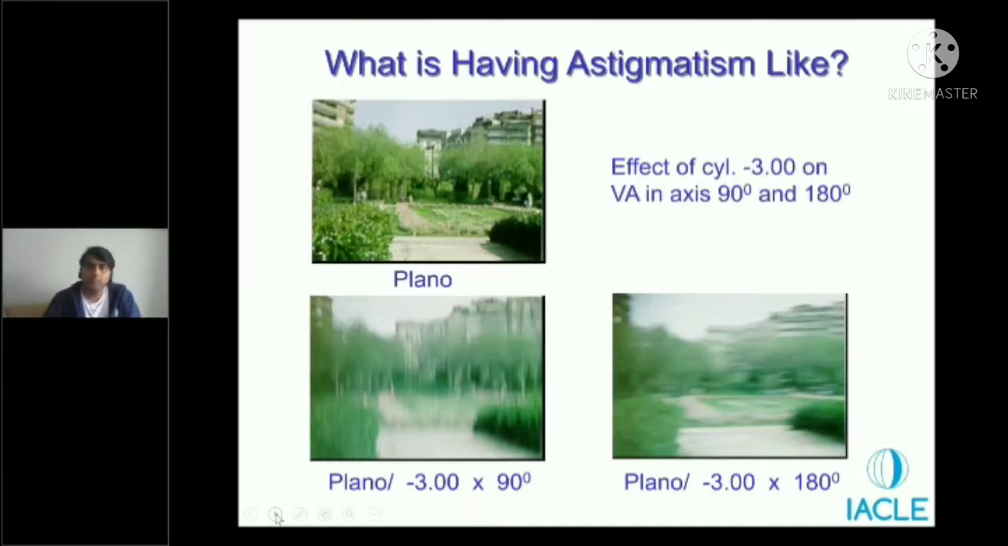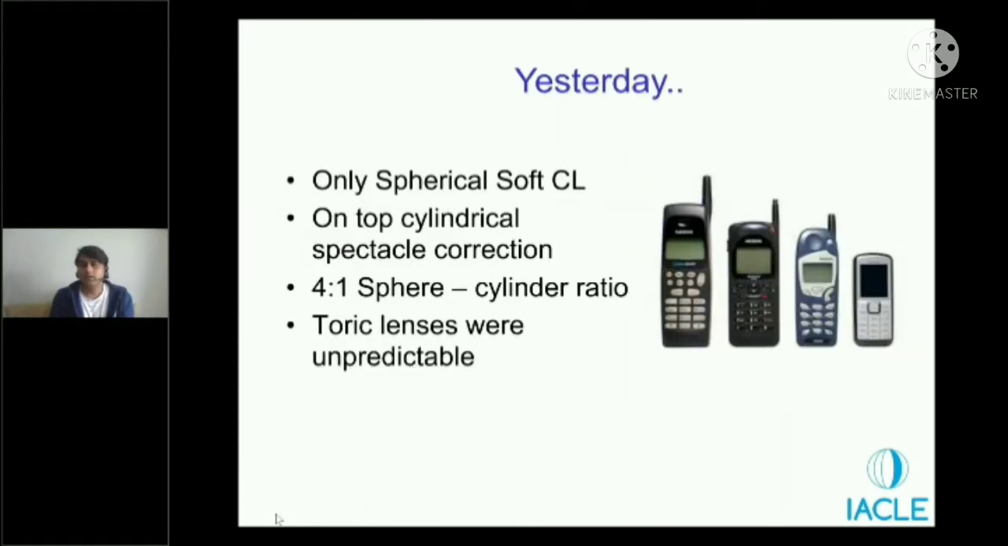So this is how the image would be in case of 3 diopters of astigmatism. Now, if you look at how people were managing astigmatic patients using contact lenses, it would be something like this. A few years ago, we used to have only spherical contact lenses. So what people did was they just overcorrected with spectacle correction on top, because toric lenses were not available, and